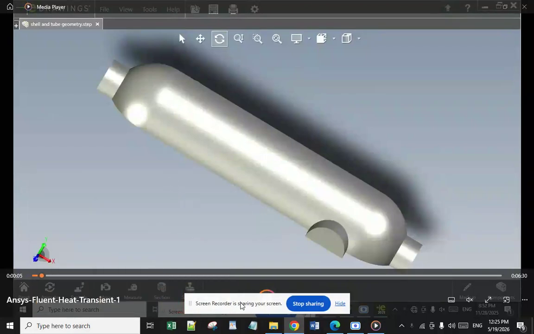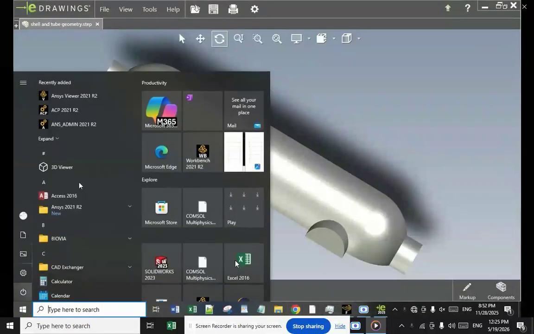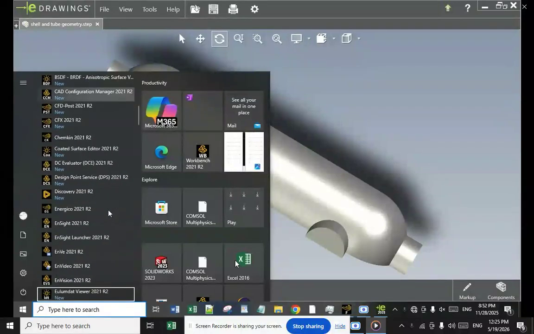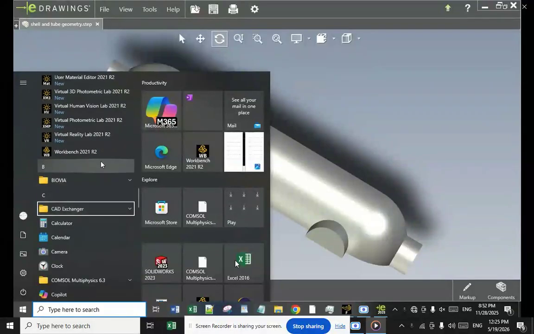In the name of Almighty God, I'm Master Sankoshi, and today I want to talk about heat transient in shell and tube in Ansys Fluent system. You can go through the Ansys Fluent, and my version is 2021, and you can go through the Workbench 2021